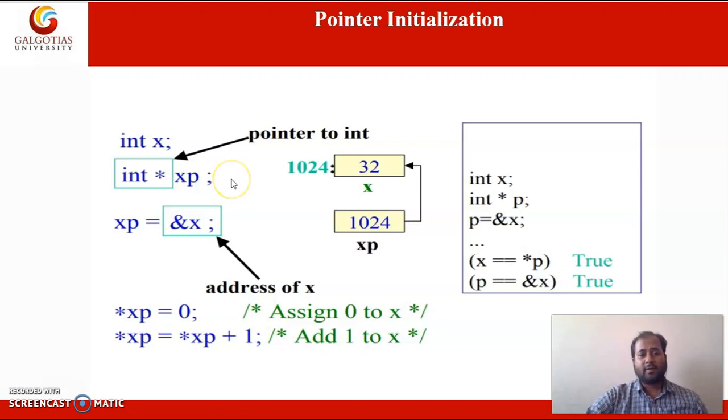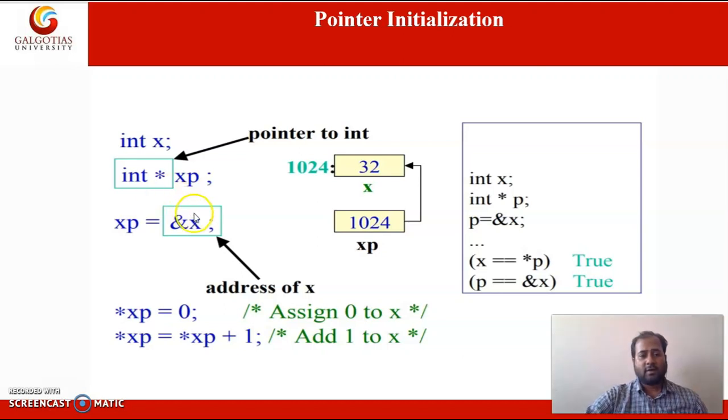You have to remember that if pointer is declared as int, it can only point to a variable of type int. It cannot point to a variable of other kind.